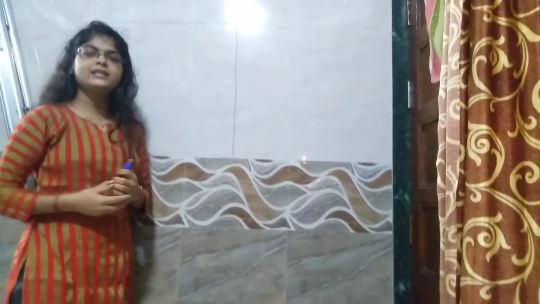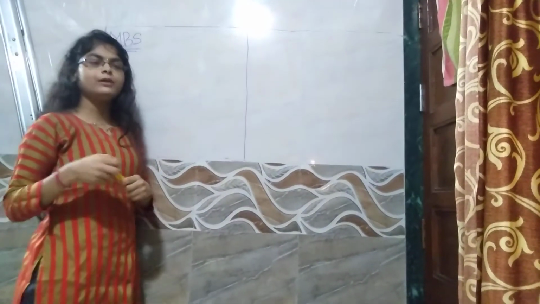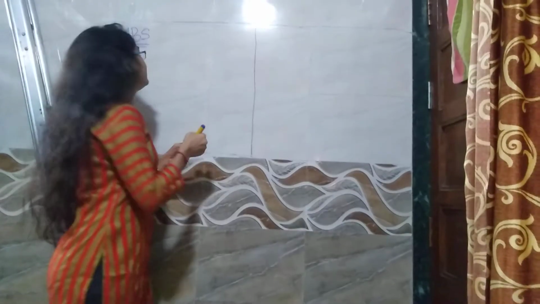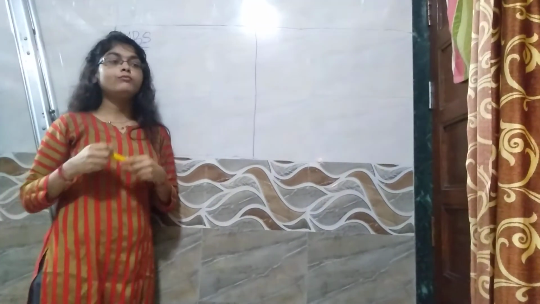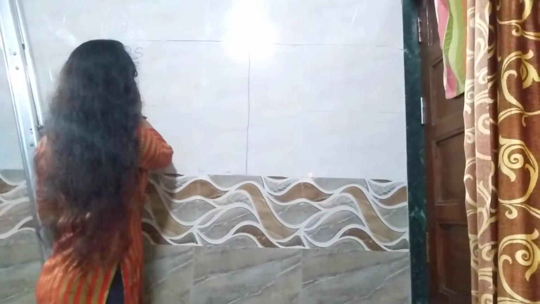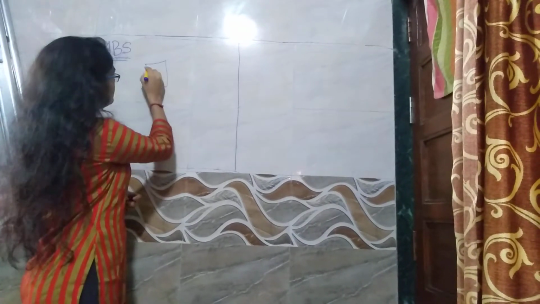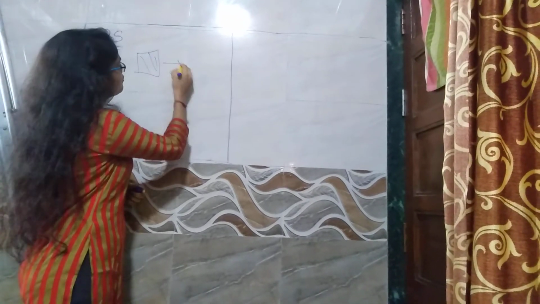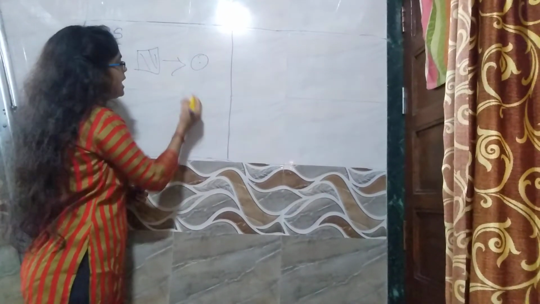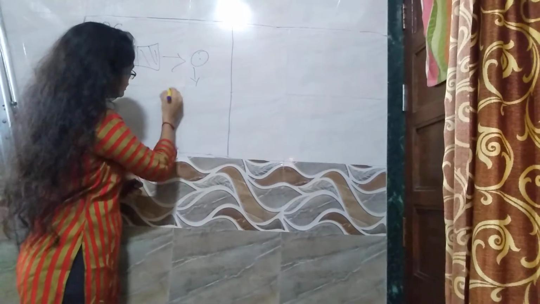My name is Priyanka Singh and today we are going to learn about MBS, that is minimum blank size. So what is the minimum blank size? It is nothing but the lens blank that can be used and still cut out to fit in the frame. So suppose this is a lens blank, which can be converted into a cut lens and then it could be fitted into the frame.